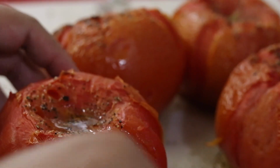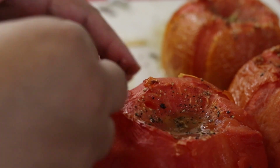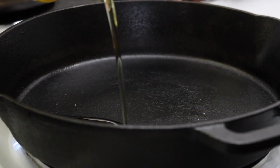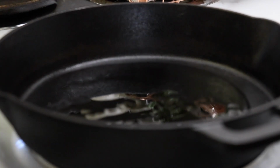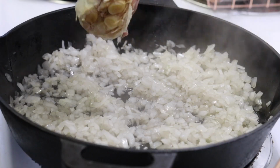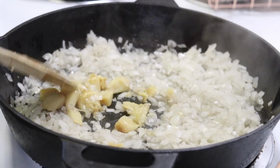Okay, so now that the tomatoes are out of the oven, they are smelling amazing. They are nice and soft, so I'm just removing a little bit of that skin off and they are ready to go into our pan. Now here I have a pan and I'm adding a 1/4 cup of olive oil and I'm just going to let it get really hot, and then I'm going to add 1 chopped onion, the roasted garlic as well, and I'm just going to smash it a little bit,